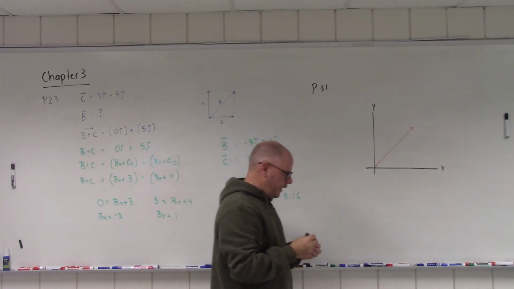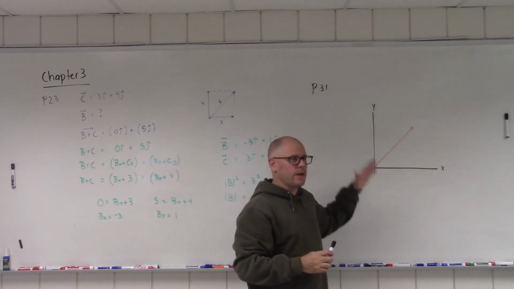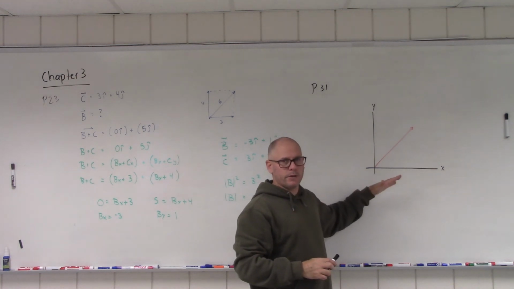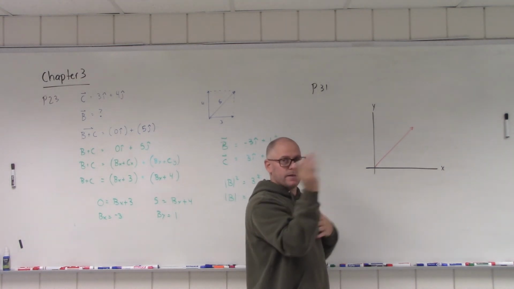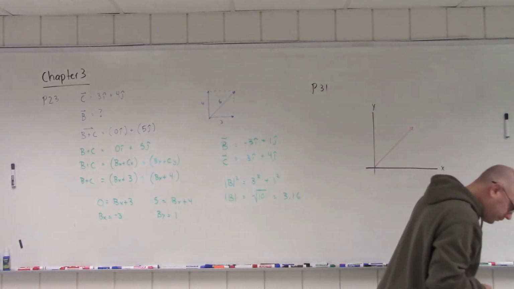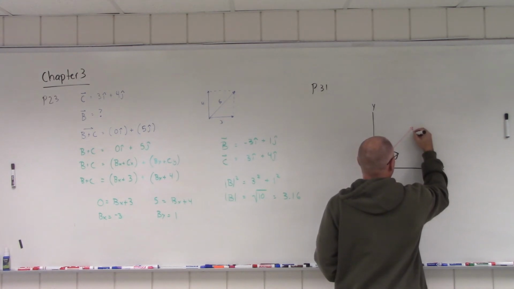Then it says, what would happen if you rotated the axis? Because this xy is arbitrary. We like it because it's parallel and perpendicular to the board, but you could use any axis that you wanted. So what would happen if you rotated it? So right here, if I drop this down,